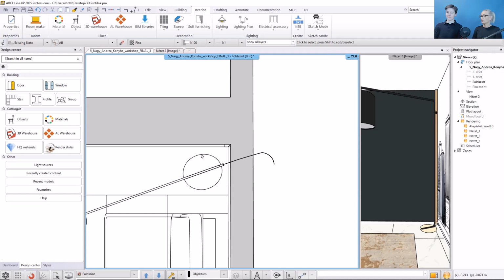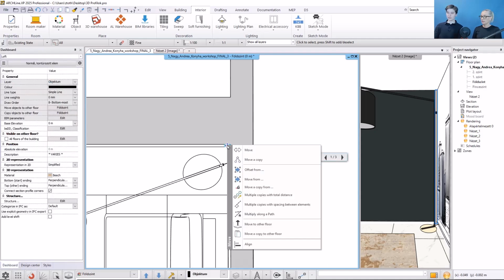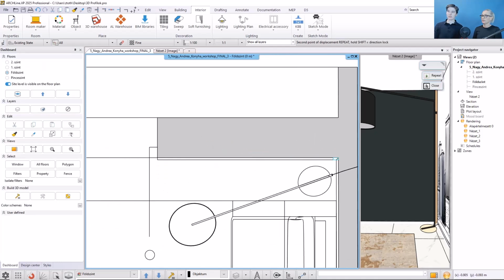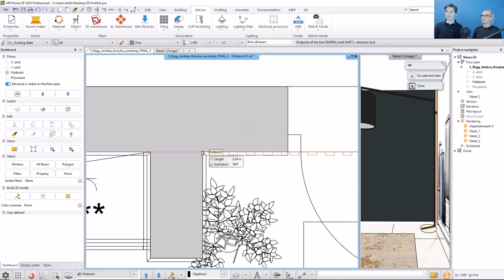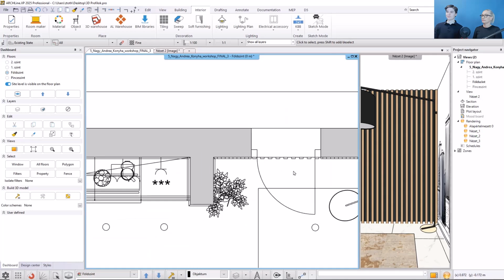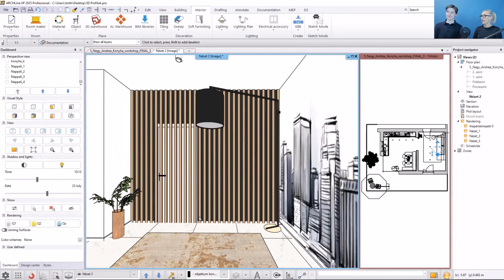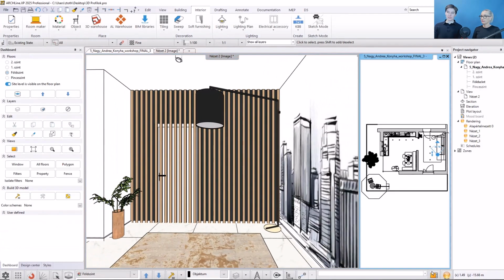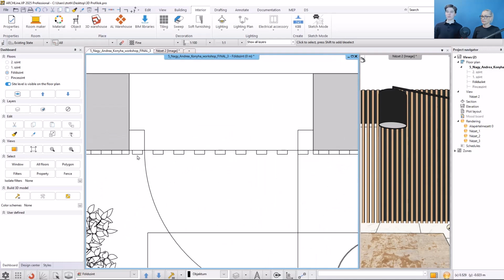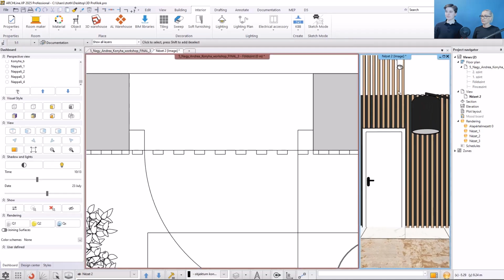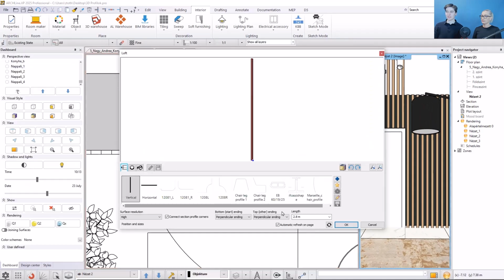How will you duplicate it to cover the entire wall? I will use multiple copies with total distance. Let's say we want 30 elements on this wall. I will select the grip point and the location of the last element. It looks good, but we need to fix the area in front of the door. We need to select the elements that overlap the door opening. I will set the relative height to 2.1 meters then adjust their height to 0.7 meters so they reach the